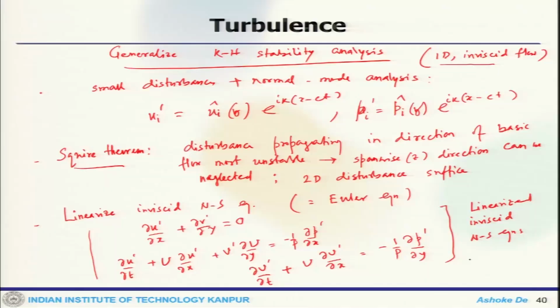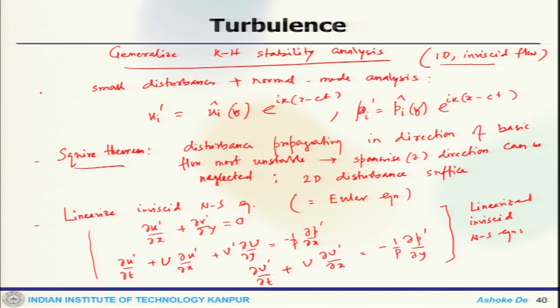Welcome back. So, let us continue the discussion on turbulence. What we are doing is looking at the generalization of the stability analysis, and we started with the Kelvin-Helmholtz instability. So, this is where we actually stopped in the last class. If you look at this generalization of this instability,